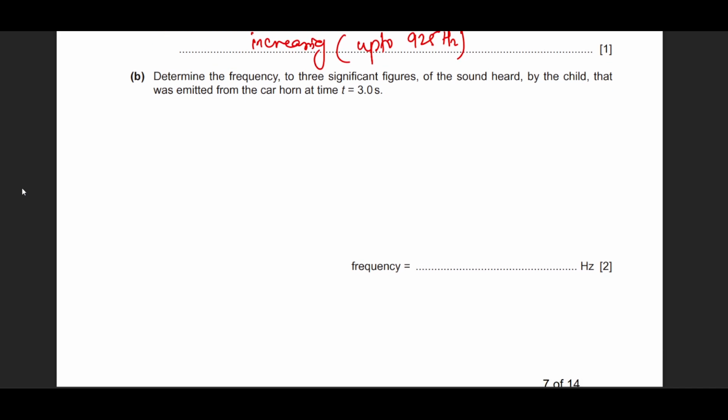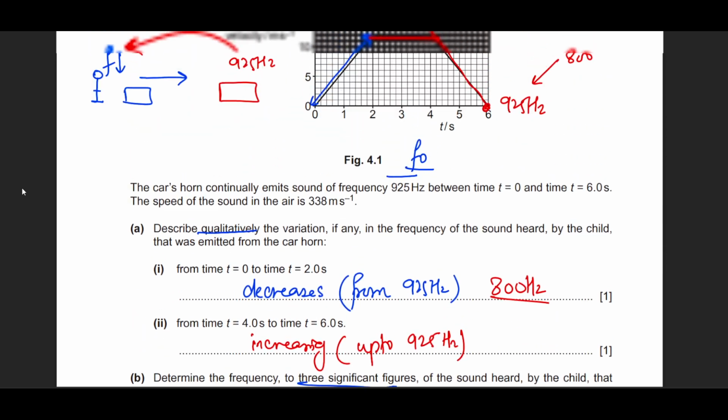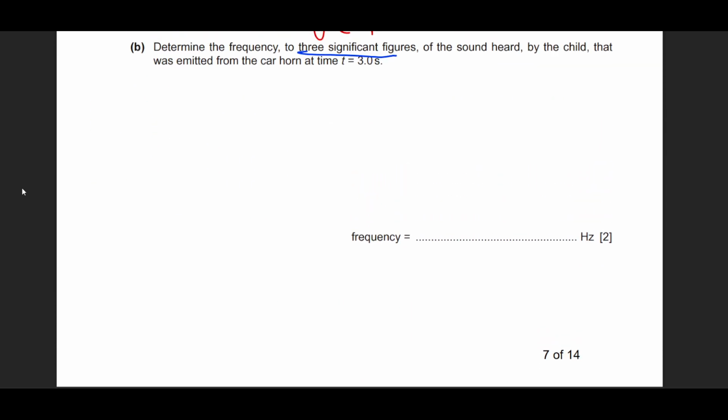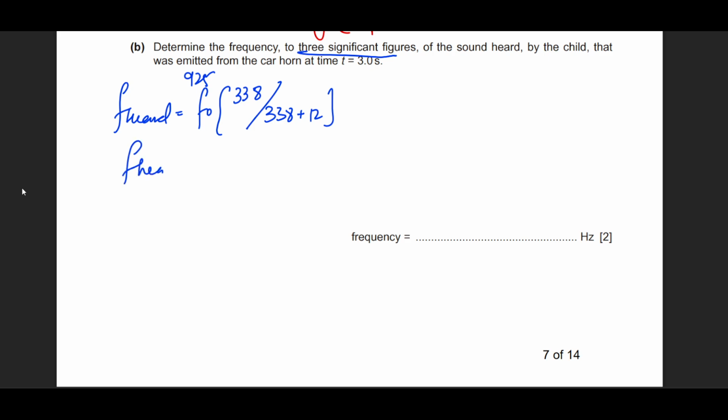Then he says determine to 3 significant figures the sound heard by the child that was emitted at t equals 3 seconds. So at t equals 3 seconds, we realize that the speed of the object is around 12 meters per second. Since the object is moving away, the frequency that is heard is equal to the standard frequency f0 times the speed of sound, which is 338, divided by 338 plus v0, which is the speed of the object, 12. And this f0 was 925. So the frequency heard by the child will be